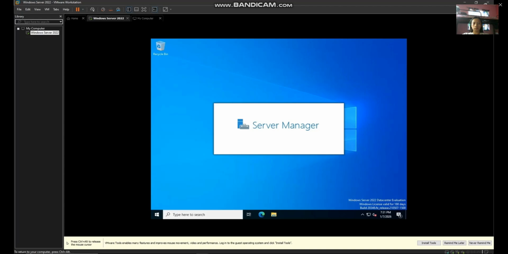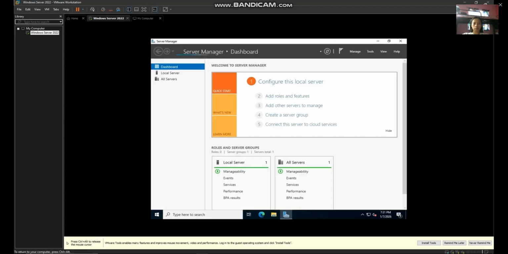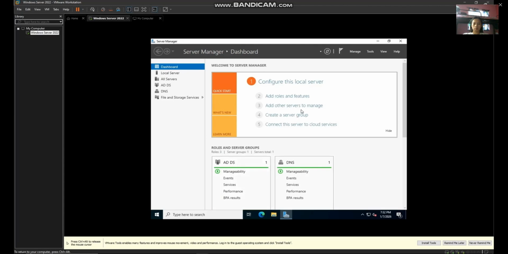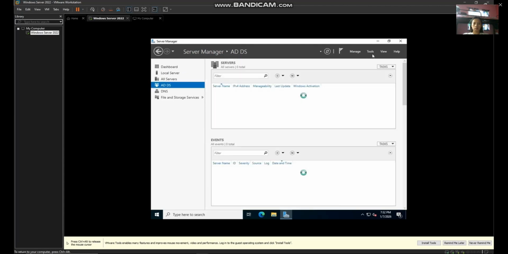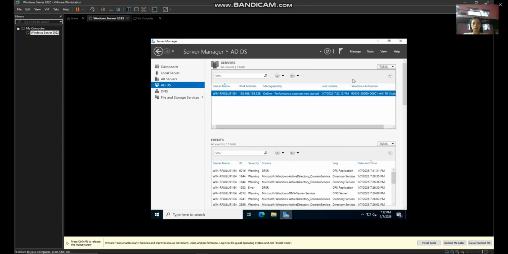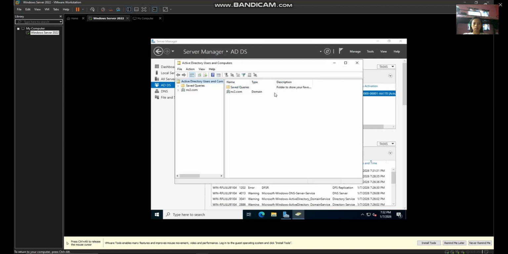So now server manager is running and it will open it. We can select the ADS, check for tools, so click Active Directory Users and Computers, for nc2.com.